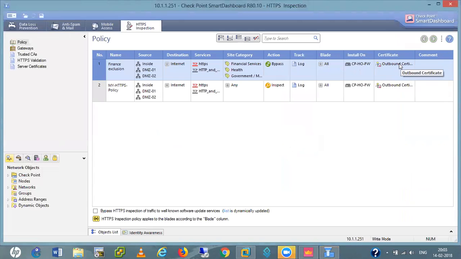Configure these. So here certificate also, this thing also, site category is there. Inspect and switch to bypass. Okay.